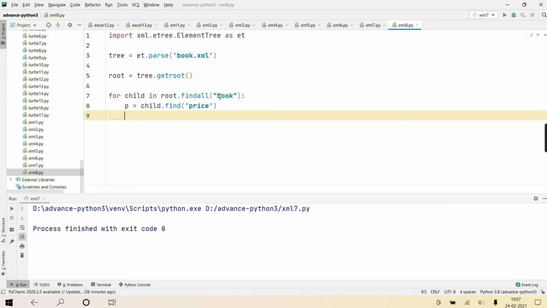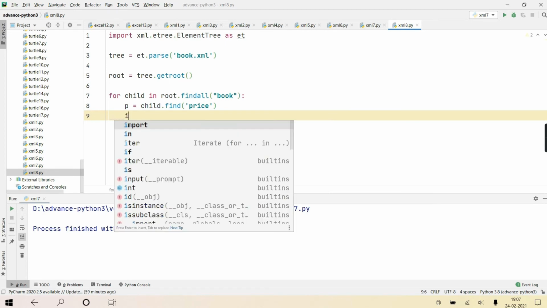In this case, root.findall book will return all elements with the tag name book, each book will come in child, then each book's first child with the tag name price. There will be only one child with the tag name price, that will come in p.